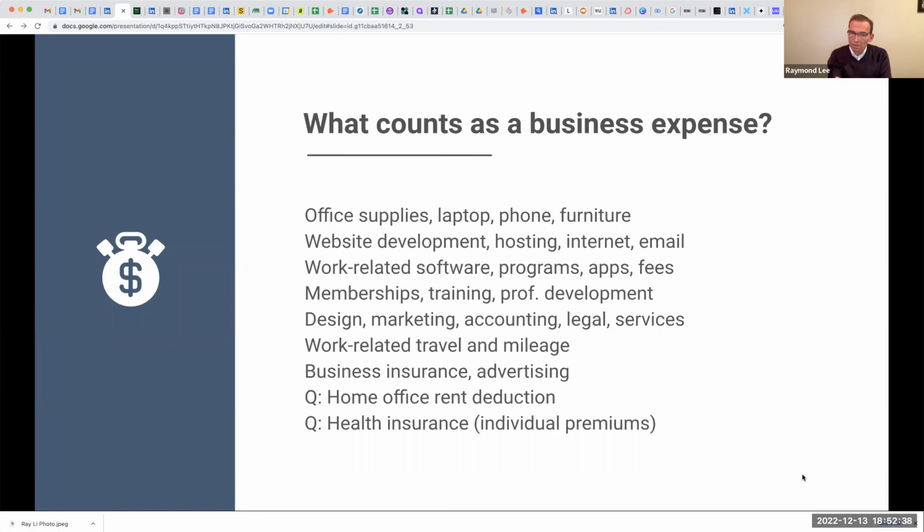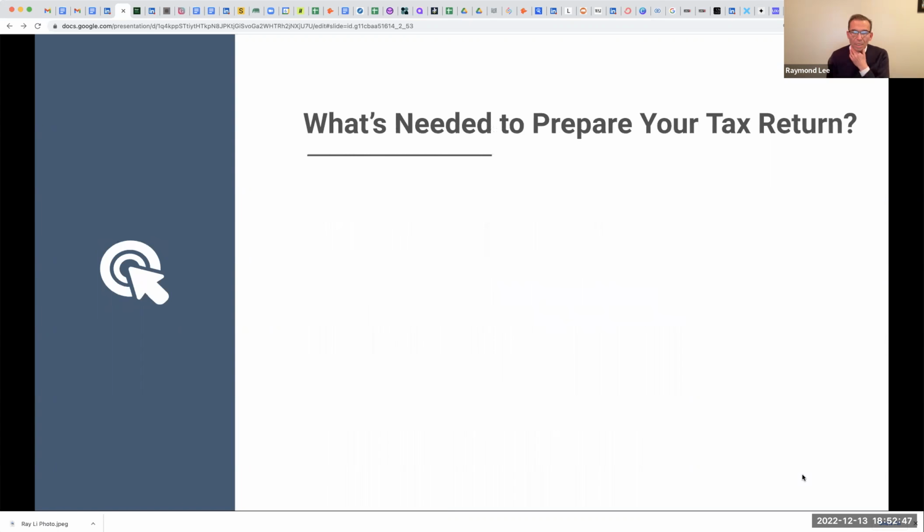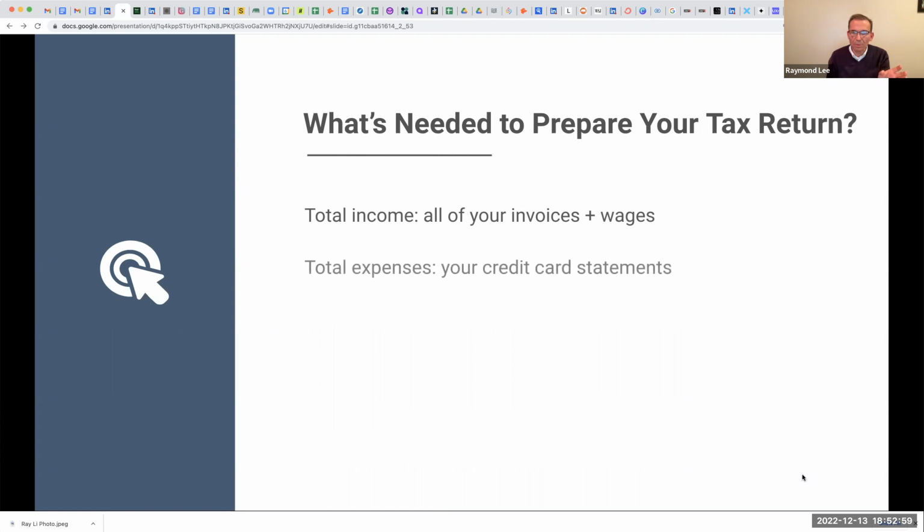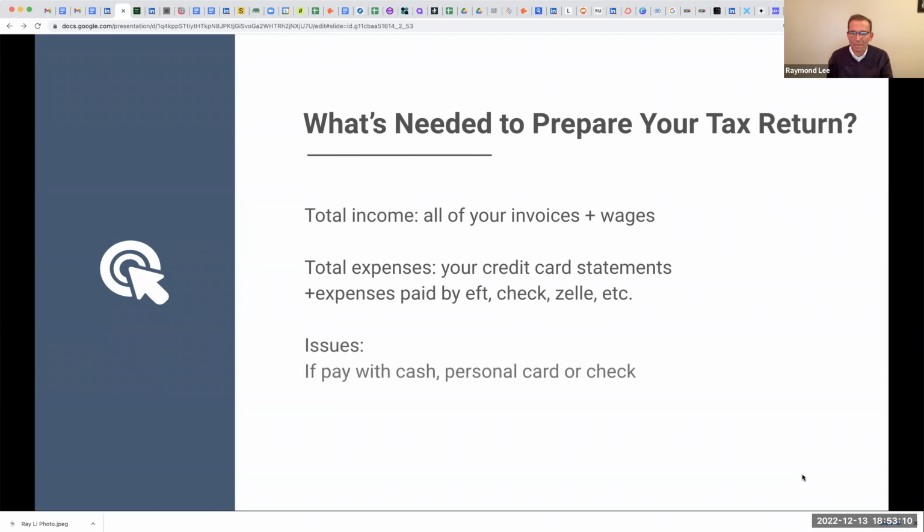Of course, you want to take advantage of some of these things if you are freelancing, because it can reduce your overall income and a CPA can help you. So what do they need? Just the best records you can of your invoices for freelance. A lot of times you're freelancing on the side, you've also got wages, so they're going to need to see both. Your expenses, if you've got a dedicated credit card, it's going to make it simpler, if you put as much as you can on that. And then whatever other ways you've paid your expenses.